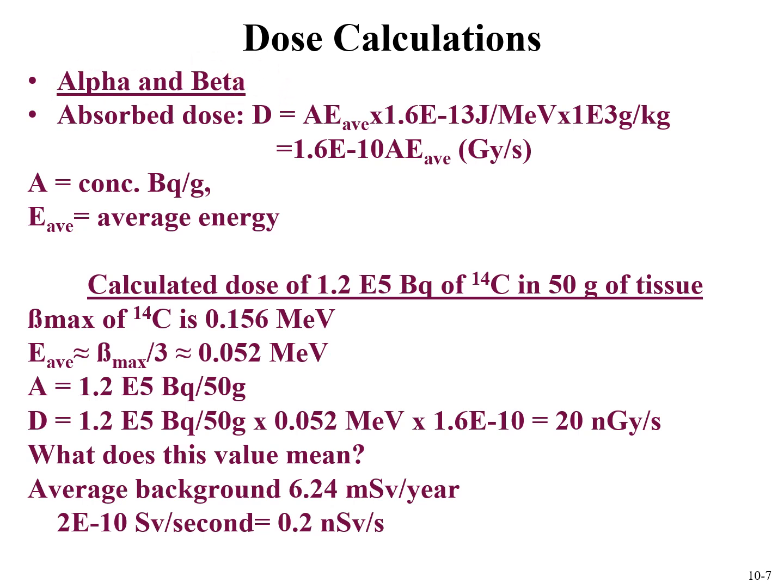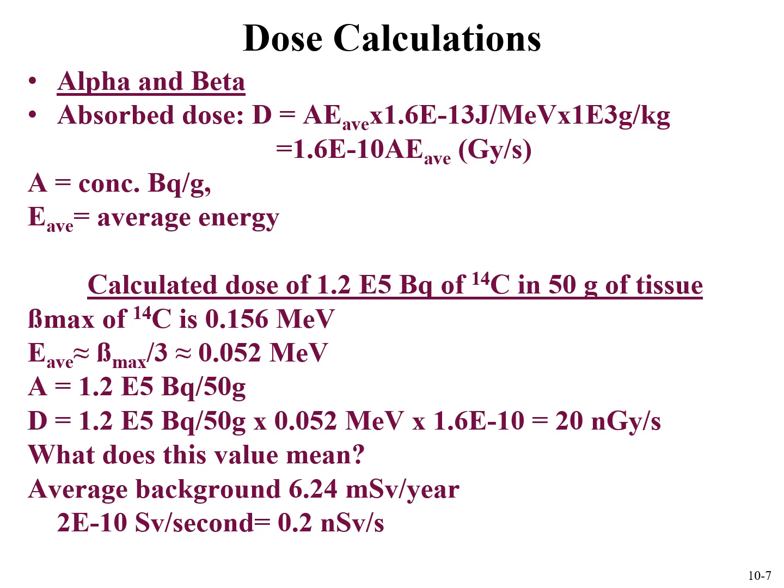For alpha, the average energy can be the energy of the decay, whereas for beta, since we have a range of energies, we actually use 1/3 of the beta max as the average energy. So we can show how this would work. Imagine a calculated dose of 1.2 times 10 to the 5th becquerels of carbon-14 in 50 grams of tissue. Beta max for carbon-14 is listed here, 0.15 MeV. The average energy is 1/3 of that, so about